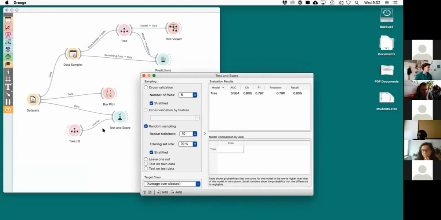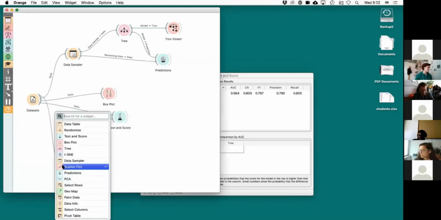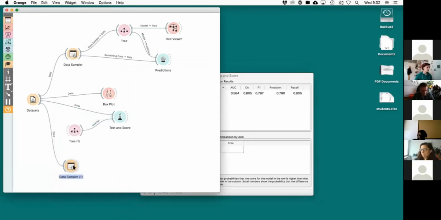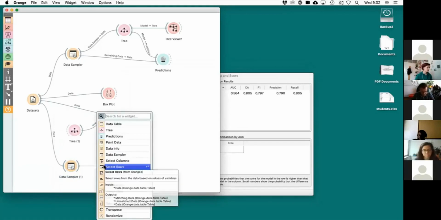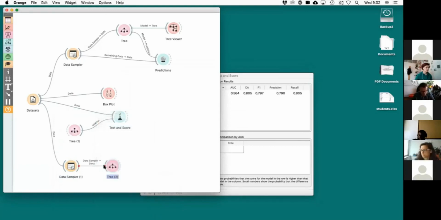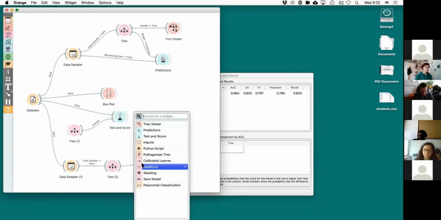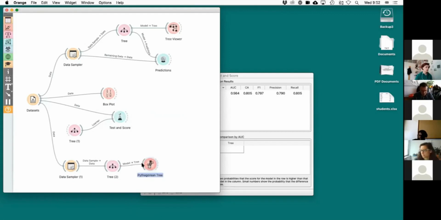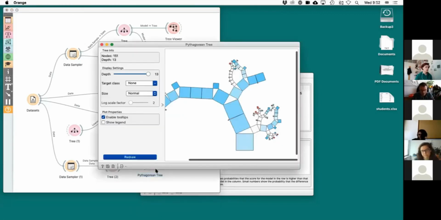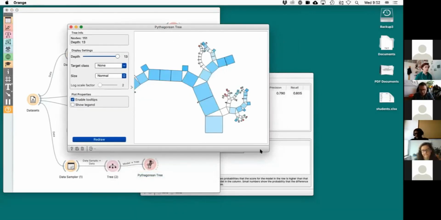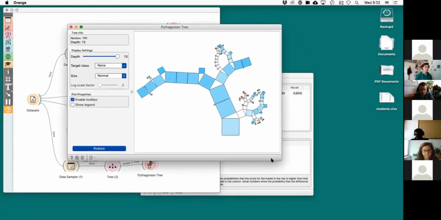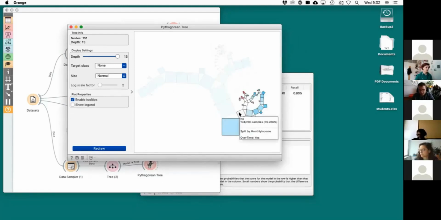The fourth thing is that let me do the sample now. So I'm going to data sample, and I'm going to do the trees here again, and I'm going to look at the tree, but I'm going to use some other visualization because the trees are too big for this domain. This particular visualization is called the Pythagorean tree. So the root is here. These are all the cases, and then they're split into one branch and the other.